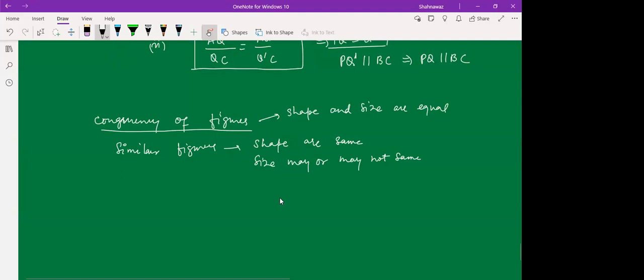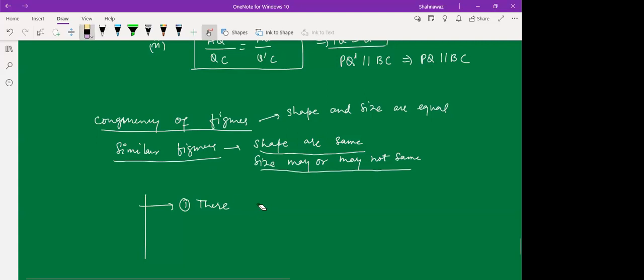In the meanwhile, let's discuss what we learned so far in the triangle chapter. This is about similar figures. Shape should be the same, but size may or may not be the same. And then there are two criteria of similar figures. What are those? First is that their